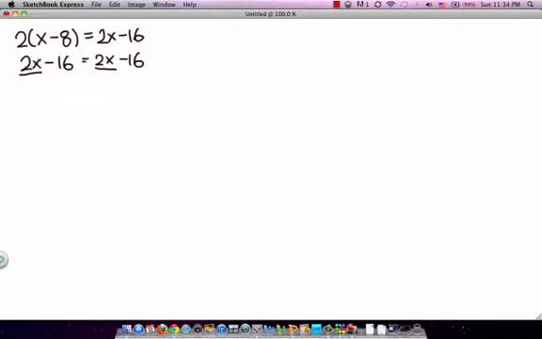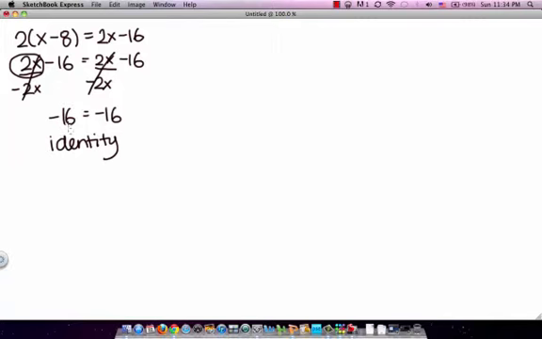And in order to do so, since this entire thing is positive, to undo it, you have to do the inverse operation, so you have to subtract out 2x from both sides. And in the process, positive 2x minus 2x, positive 2x minus 2x, so I'm left with negative 16 equals negative 16. So that means this is an identity,